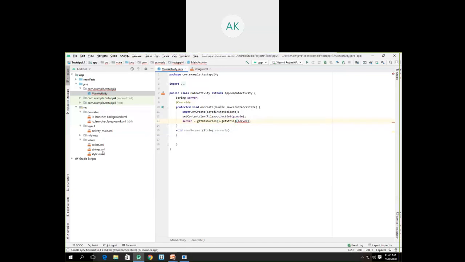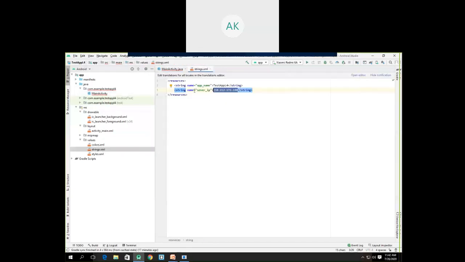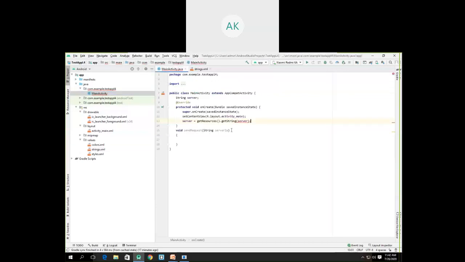Now we know the ID of the string that we have created was the name server underscore IP. So now we can call it here as server underscore IP. getString server underscore IP. Okay, so in this way we can refer to the corresponding string from the XML file.